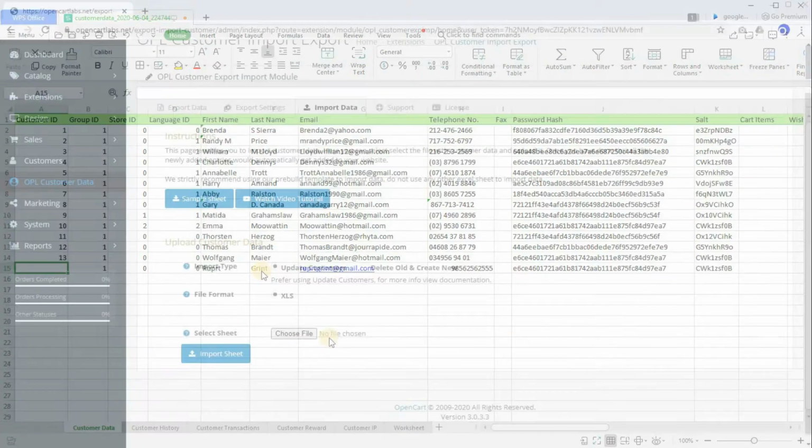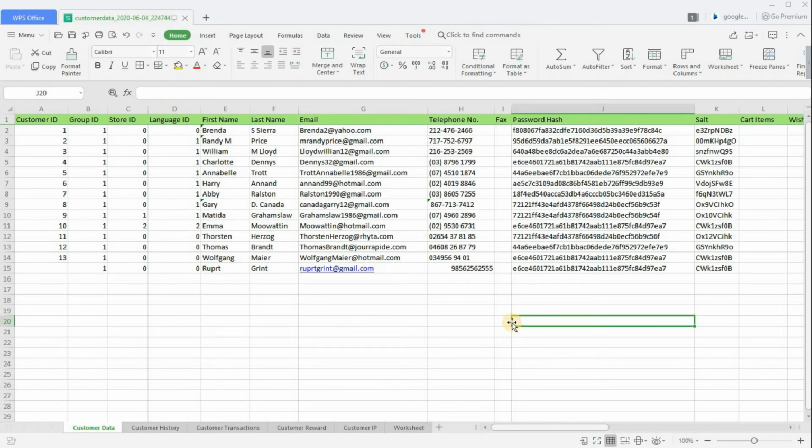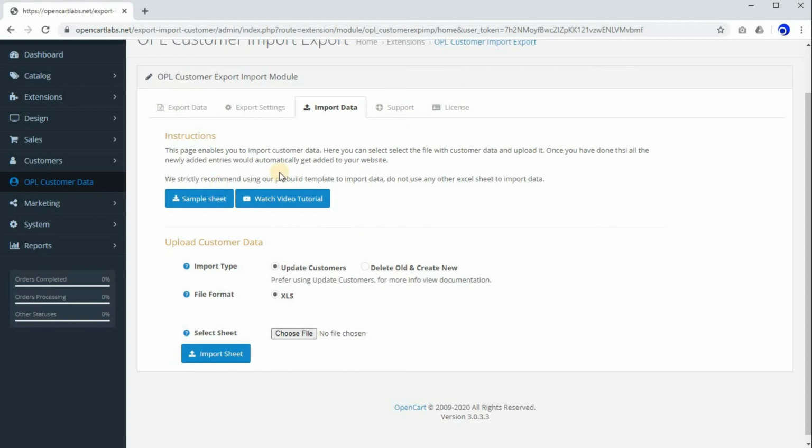As we have saved the sheet, now let's go to our extension and import it. This is our extension import tab. This is used to import the sheet. Here, as you can see, there are two import type options: update customers, or delete old customers and create new ones.